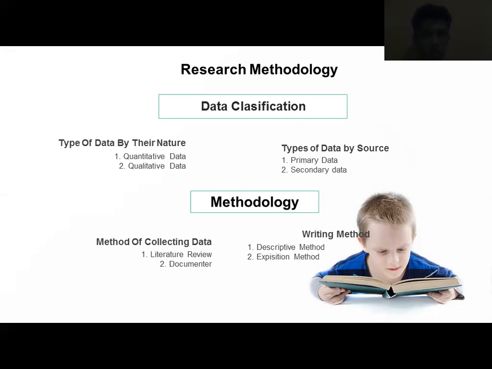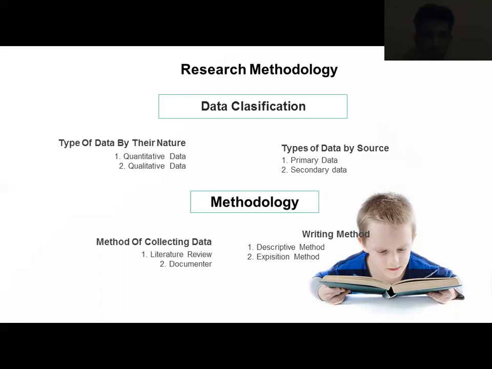The types of data source. The one is primary data. Primary data, according to Aswar 2011, page 91. Primary data is data obtained directly from the research subject by reading measurement tool or data retrieval tool directly on the subject as source of information shown. And secondary data, according to Aswar 2011, page 91. Secondary data is data obtained through other parties, not directly obtained by the researcher from the research subject.